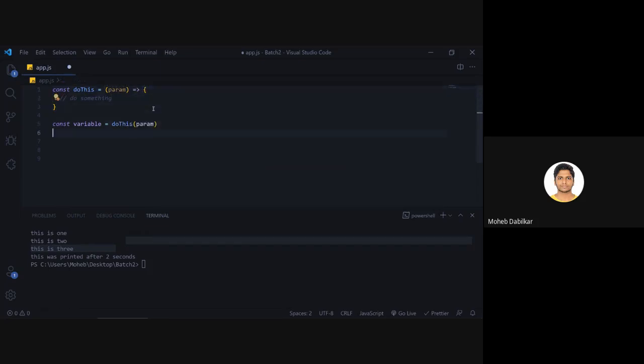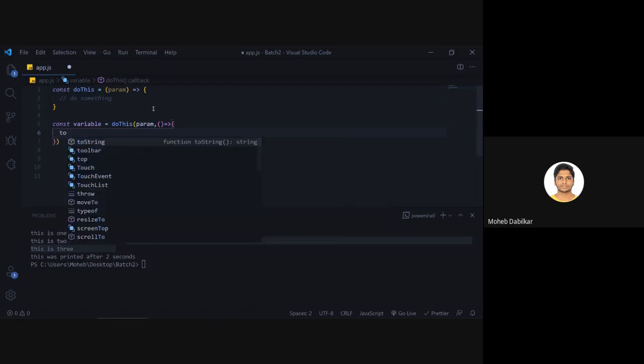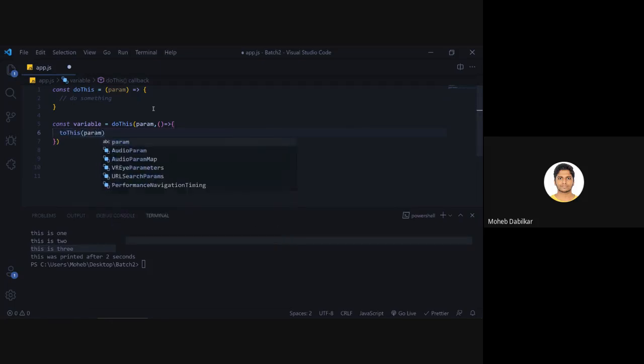This takes in a parameter, and then we will pass in a function like this again, which will do something again. Then we will pass in another parameter to this, and we will say this thing again and again. So let's just put a comma over here.